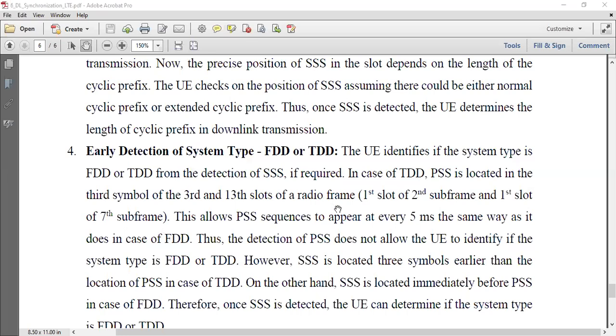Okay. In the whole radio frame, it is transmitted on third and 13th slots. Okay. So when you detect your first PSS,